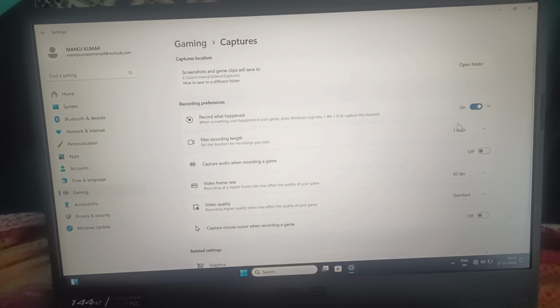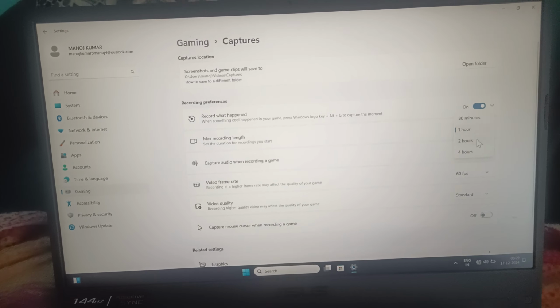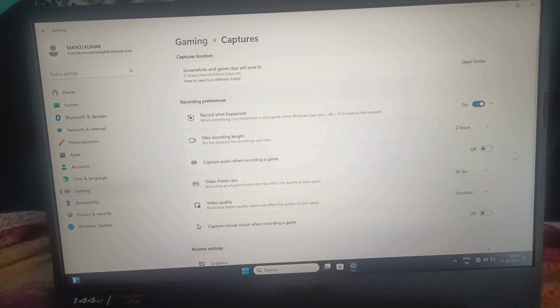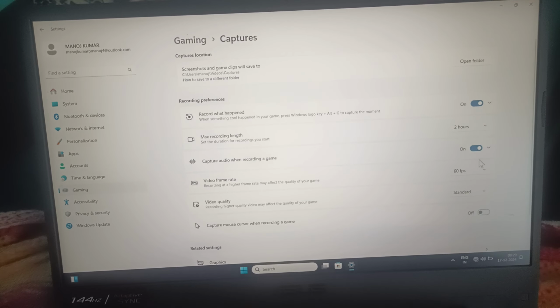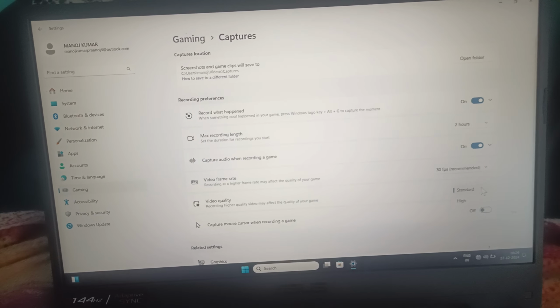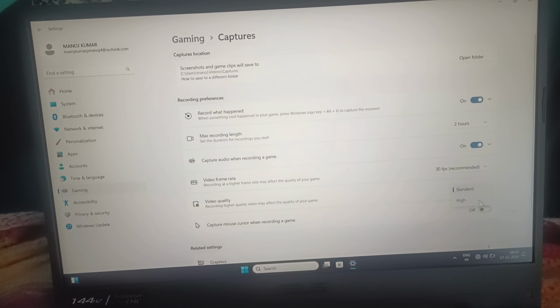Record length you can select 1 hour or 2 hour as your wish, and capture audio when recording the game. Turn on it, and video frame rate you can select to 30 fps as recommended. Video quality high or low as your wish you can select. And after that,